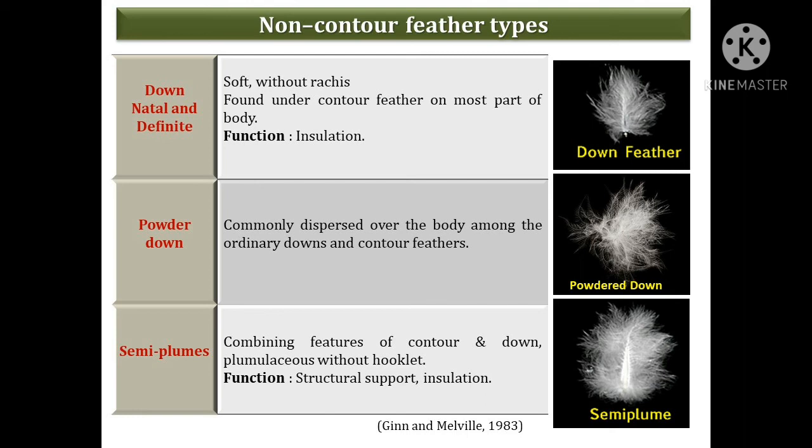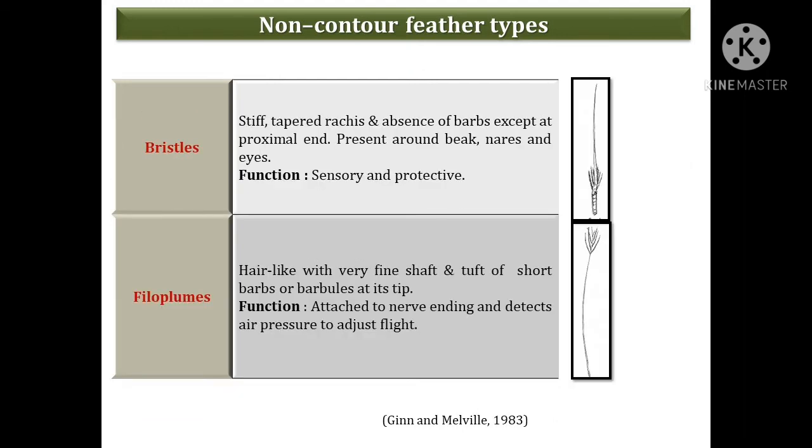Semi-plumes are the intermediate or hybrid between the contour and down plumaceous feathers without hooklets, and their main function is structural support and insulation. The bristle feathers are very stiff in nature. They have tapered rachis and there is absence of barbs except at the proximal end of the bristle feather, and they are present around the beak, nose and eyes of the bird, and their main function is sensory and